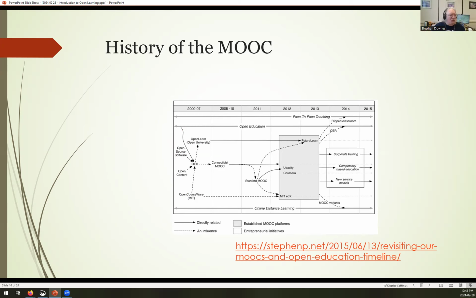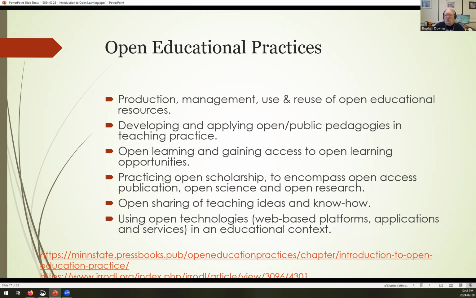They all became like corporate training or competency-based education or some such thing, and aren't really MOOCs at all. But around the world, there are several hundred other MOOC providers that are actually providing MOOCs. But like I said, we focused on the open educational pedagogy or open educational practices.